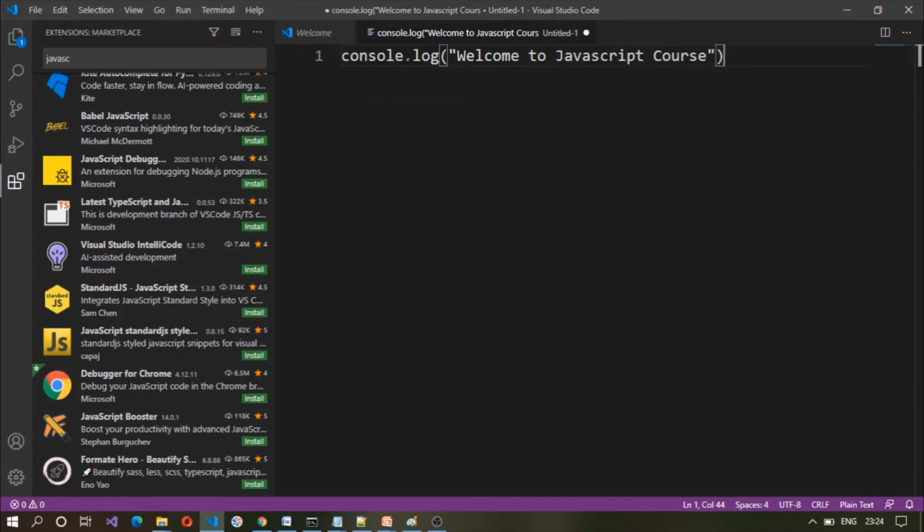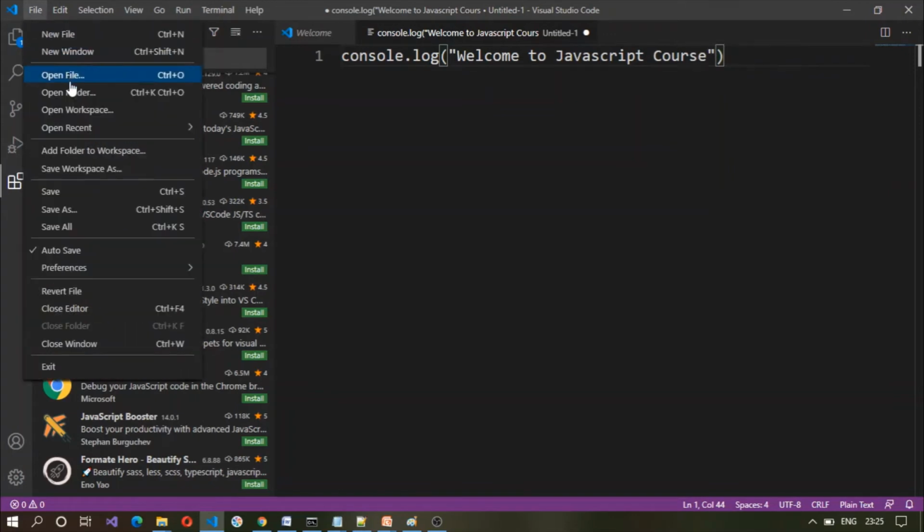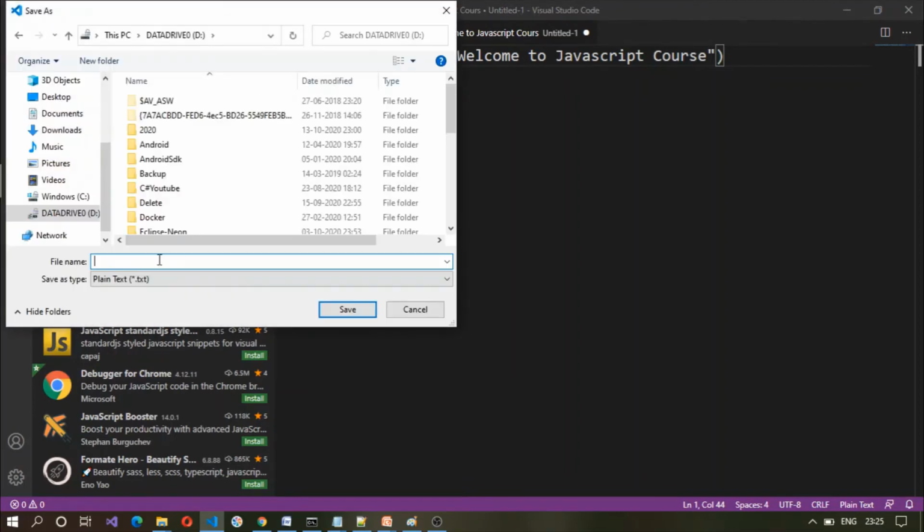What I have done here is added console.log, "Welcome to JavaScript course". This is like a hello world program, and let me save this as Hello world.js.